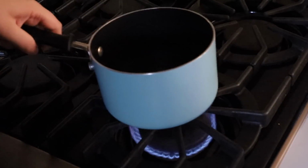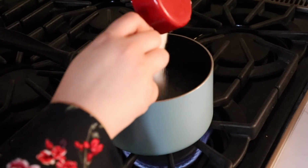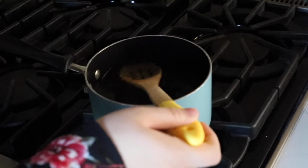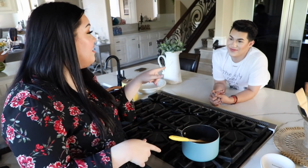We're gonna boil 4 cups of water. And we're gonna need 1 cup of sugar, adding it into the water, and it's gonna dissolve in there. So let it get nice and warm to dissolve the sugar. Now that we have the sugar dissolved into our water, we're gonna add in the zest and the